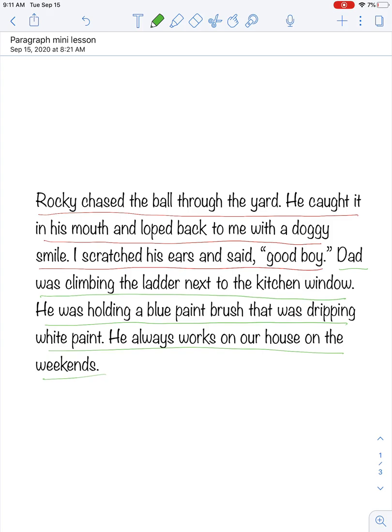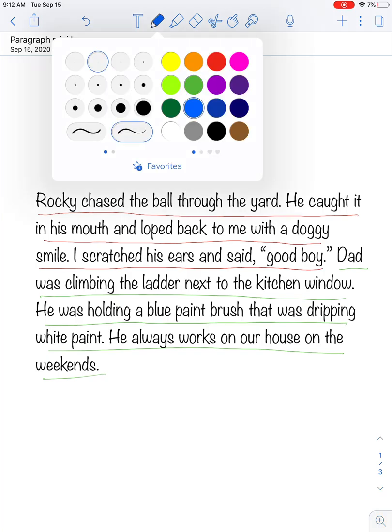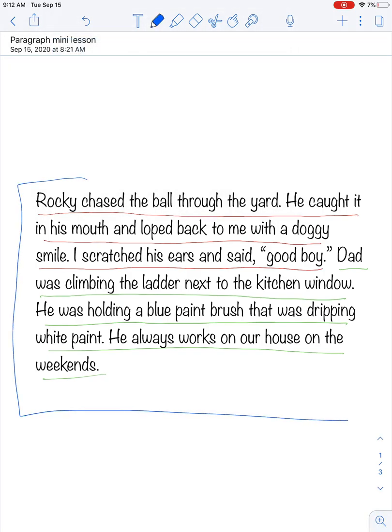This is a really good thing to notice, because when you notice that you actually have two different topics, it's kind of like having two small stories combined together. So we need to ask ourselves, do they really fit together into one small moment? And if they do, do they really fit together as one big piece? So in this instance, yes, we decided that yes, these do fit together as one story,